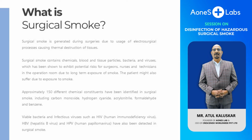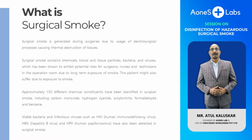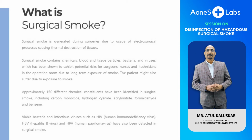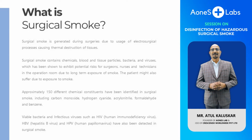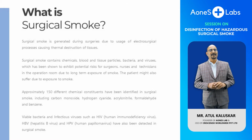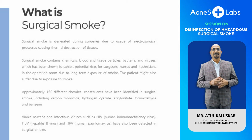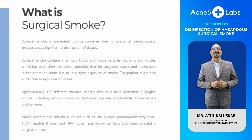Surgical smoke is produced by the thermal destruction of tissues by use of lasers or electrosurgical devices. Chemicals found in surgical smoke, let's say during a laparoscopic cholecystectomy, are absorbed by the patient and excreted through the kidneys. This results in circulation of potentially carcinogenic, toxic and mutagenic chemicals through the bloodstream before being filtered out in the kidneys. The smoke clouds the surgical field, fogs the lens, and makes the operation more difficult and less effective